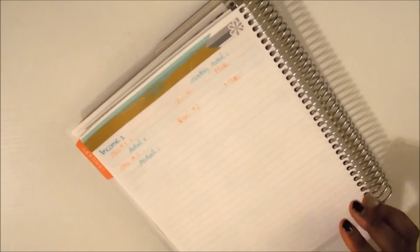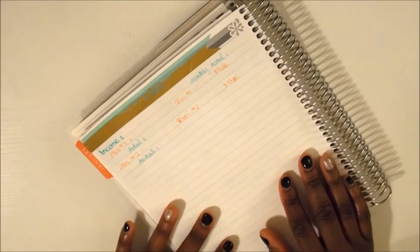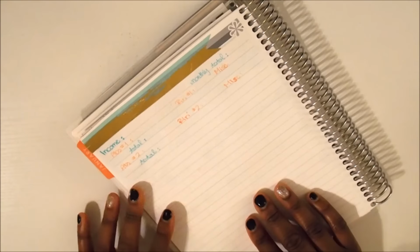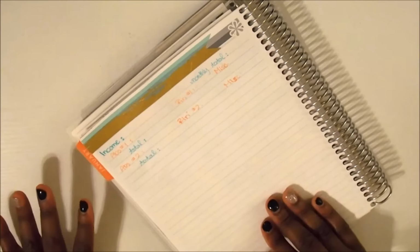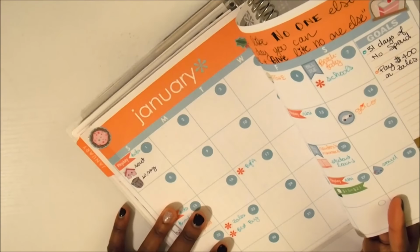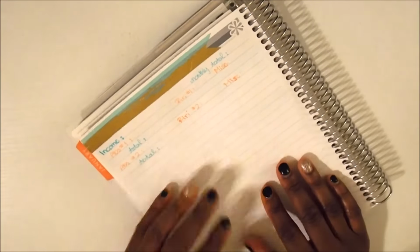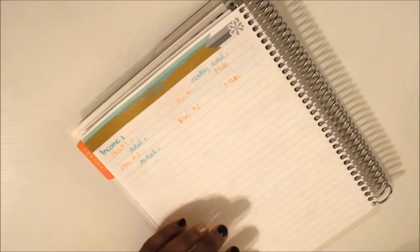but not necessarily rewriting each one of our bills, because I don't think it makes much sense to have everything written out in multiple places and multiple times. I just don't need that, and our bills are really consistent. They're just the same each month. So we don't really need to rewrite those in here,